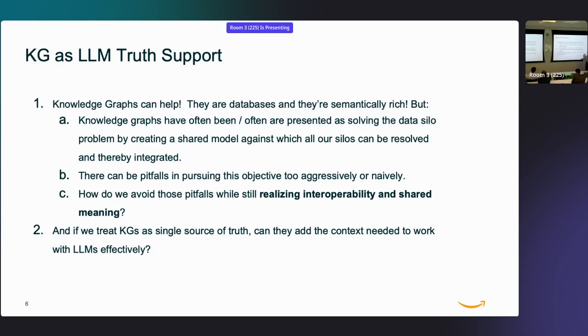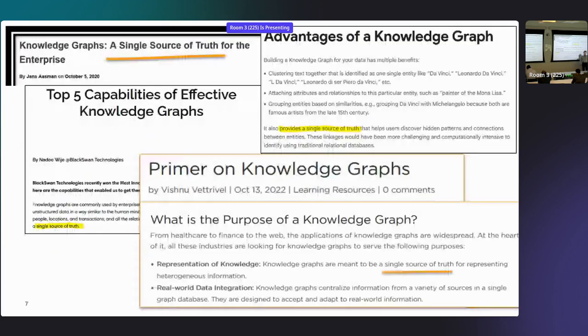And one of a couple of the sacred cows that we want to address is this notion of what the big advantage of a knowledge graph is. Well, we often hear two things, right? The one really big thing is knowledge graphs are a single source of truth, right? We create a knowledge graph, and the whole enterprise, or whoever's using this knowledge graph, is going to have one place to go look up definitions, and one standard of meaning is enforced.